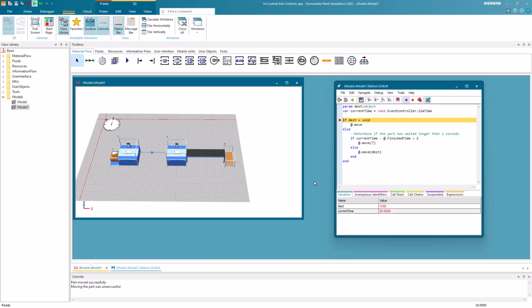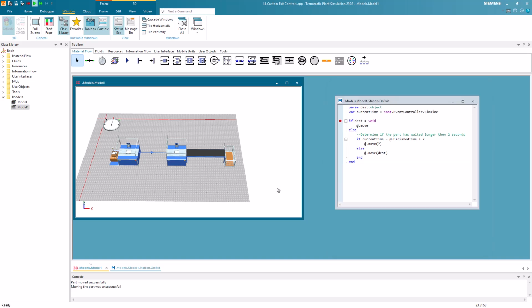The second time the breakpoint is reached, the parameter is again void. If we perform 2 step-over steps, we will see that the part is not moved, because the second station is still processing the first part. The part is now inserted in the forward blocking list. We then let the simulation continue again.